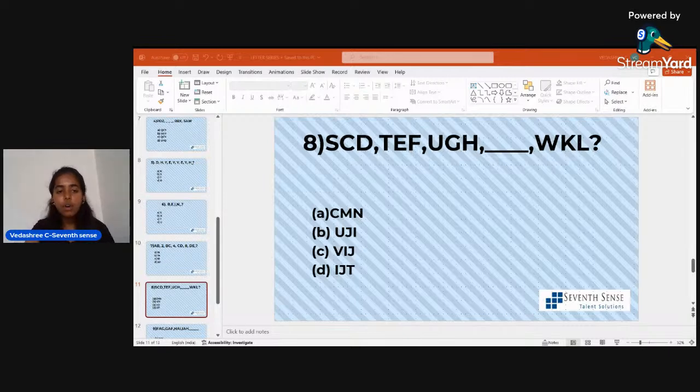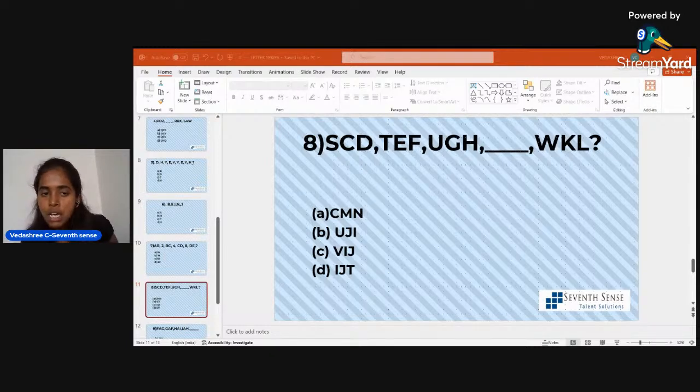Right? So, for the third letter, again the same. We'll skip one letter D. We'll skip E and we'll write F. Then we'll skip G and we'll write H. Then we'll skip I and we'll write J. Then we'll skip K and we'll write L. Is it understood? So, in this series, the first letter is the continuous alphabet series, that is S, T, U,